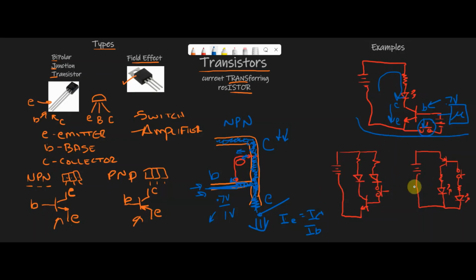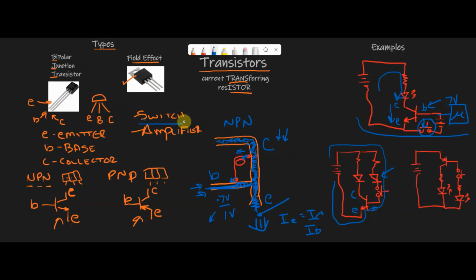Now, here's a couple other examples I just want to show, very similar to really this one up here, but this shows the difference between the NPN and the PNP. So here again, we have an NPN, arrow not pointing in. There's our base, there's our collector, there's our emitter. As of right now, nothing is lit, okay? But if we push this button, our base turns on. So then we get current going through here, through the base to the emitter, back, which is going to turn that light on. But what also happens, since we applied power to the base, it's going to turn this transistor